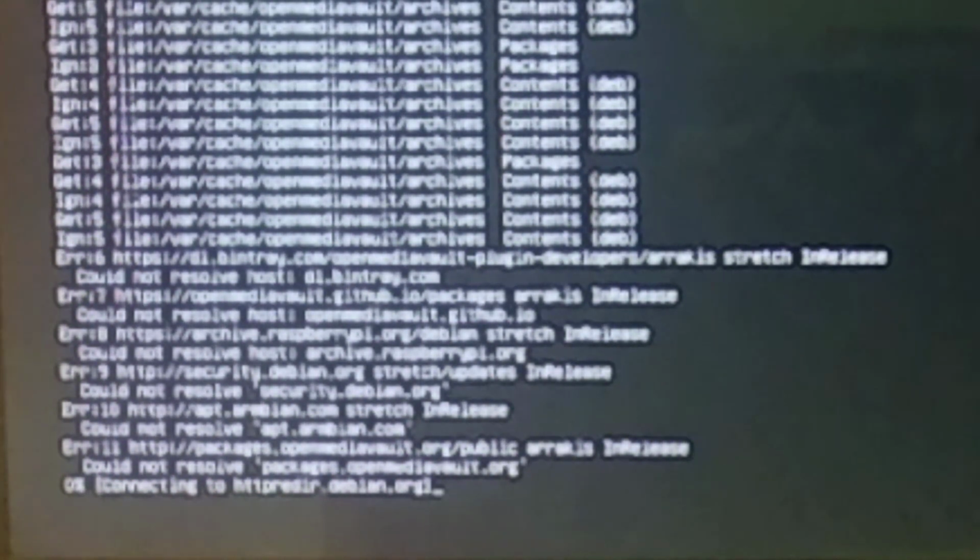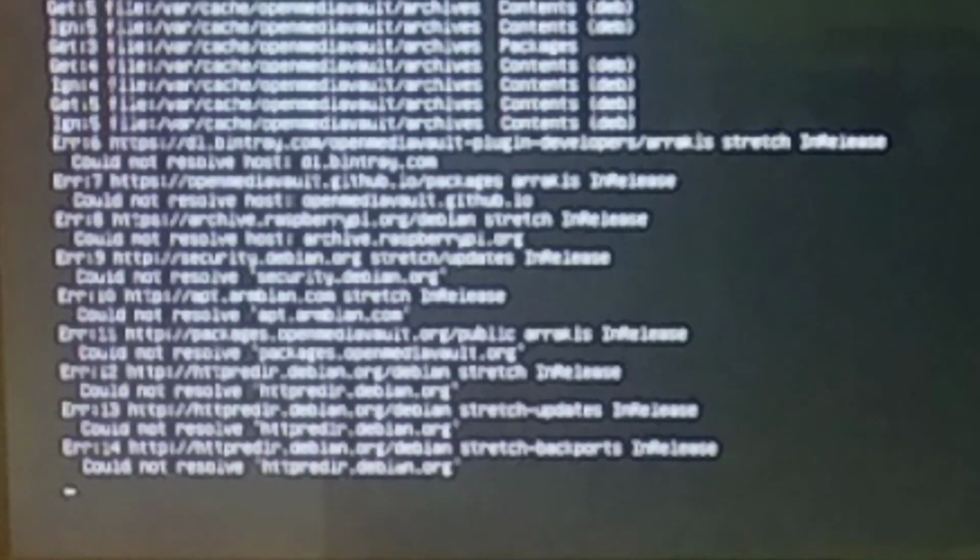So the problem is that our Raspberry Pi is not able to communicate with the DHCP address, or you can say the DNS. It's not able to get any IP address correctly, so we can ping it or we can just go ahead and connect using the GUI. So to resolve this problem, what we need to do is run some commands.